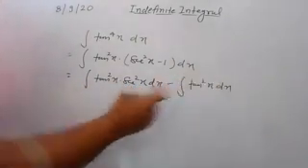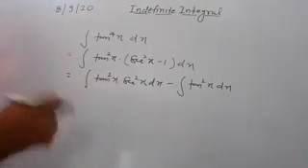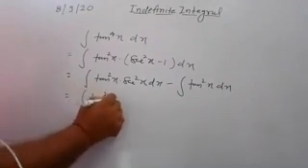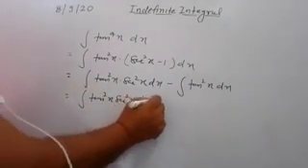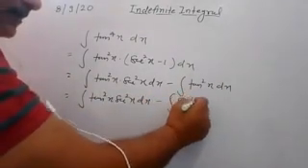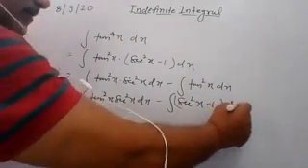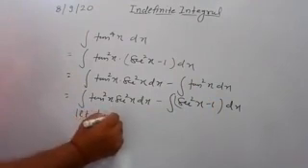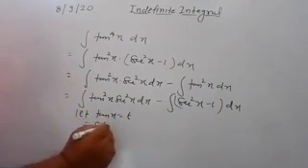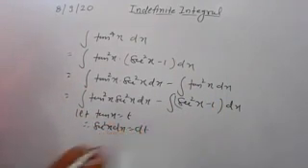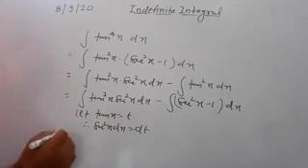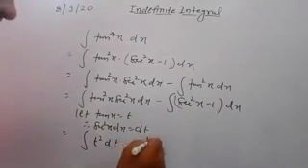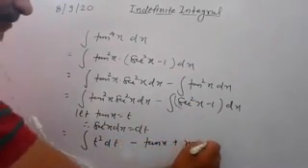Now what do you do for tan square x? This tan square x is converted into sec. So just simplifying, you have tan square x sec square x dx minus this tan square x, which can be written as sec square x minus 1 dx. Now assume here, let tan x is equal to t. So you have sec square x dx is equal to dt. Understand? Now putting, you have t square dt, and this side you can integrate directly. So you have minus tan x plus x plus c.